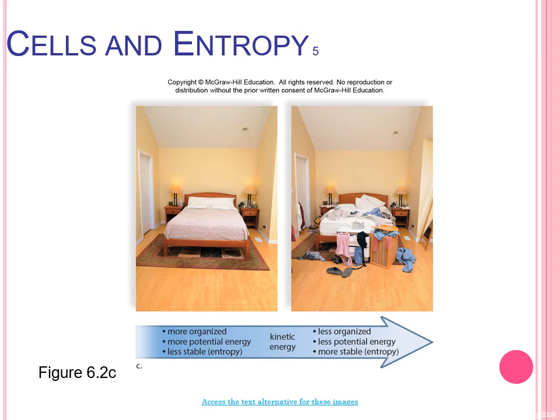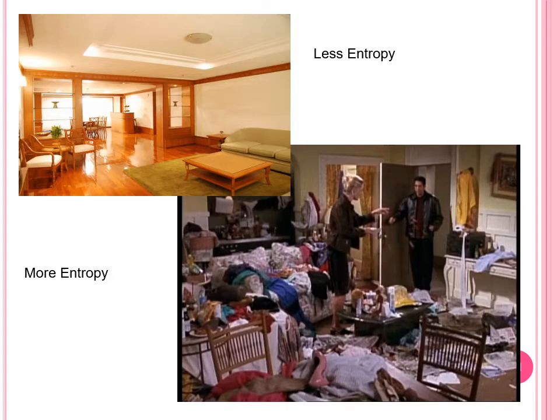So if you've ever had to clean your bedroom, or if you've ever watched Friends, you may remember this episode. Ross was dating this girl who had a crazy, dirty apartment. And so, again, this is just another silly example of less entropy and more entropy. The top picture has a very clean apartment, you can even imagine that it smells like Pine-Sol. And so this apartment looks like it takes a lot of effort to maintain this very clean and tidy environment,